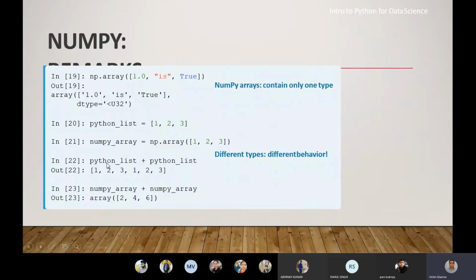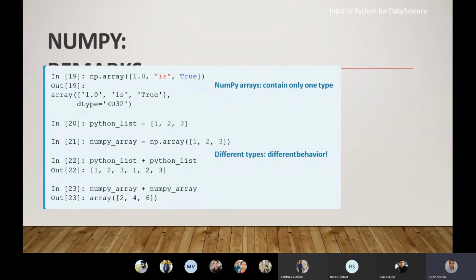Now the Python list that has been defined in line number 20 plus the NumPy array, okay, not in line 21, it is just summing up the same Python list along with the list. It wants to say that if we add two lists, we will get all the elements of both of the lists. And if we declare this list as a NumPy array, then it will reduce the redundant entities. See the example.